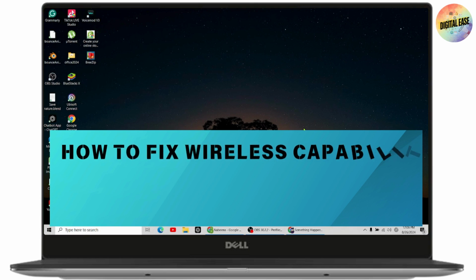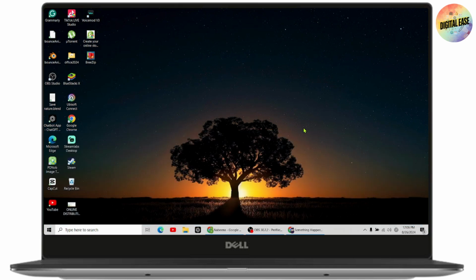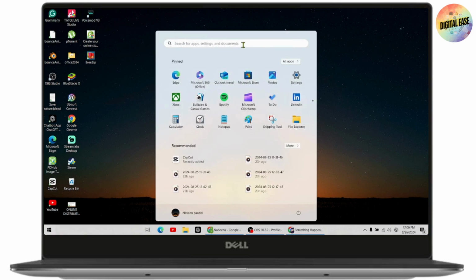Fix wireless capacity is turned off error in Windows 10, 11, 8, or 7. So if you want to fix the wireless capacity is turned off error in Windows, then just follow the steps. What you need to do is first open up your Windows search and then search for